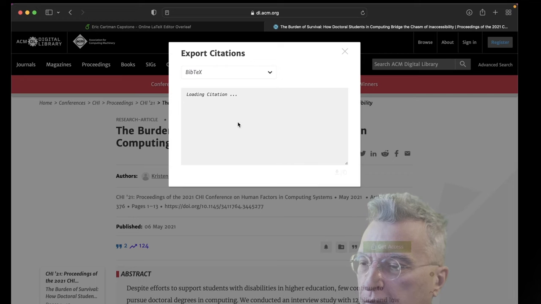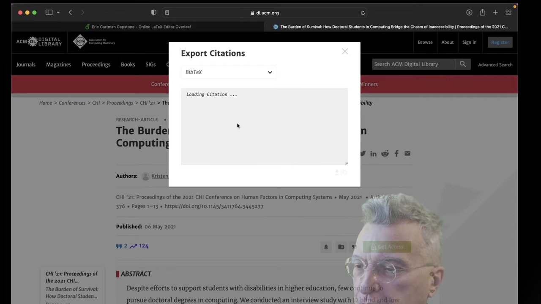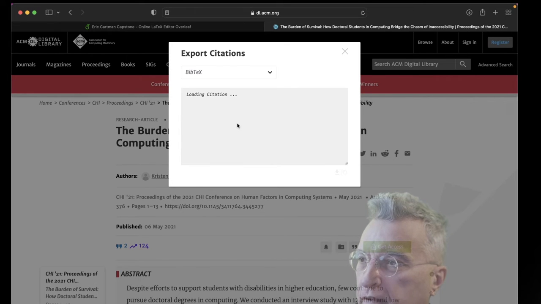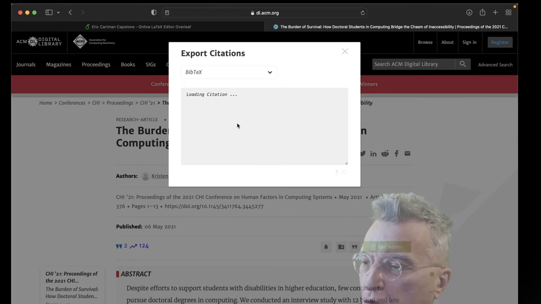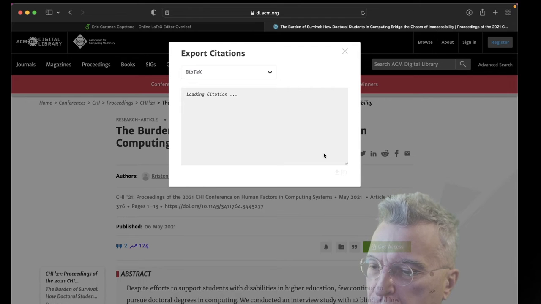And then when the citation is loaded, eventually, gosh, this is taking a long time. Usually it comes up immediately. I think it's because I'm recording and running Overleaf at the same time. Overleaf is an Electron app, I think, so it takes a lot of system resources. It's never going to load. Well, anyway, eventually this loads with a BibTeX formatted